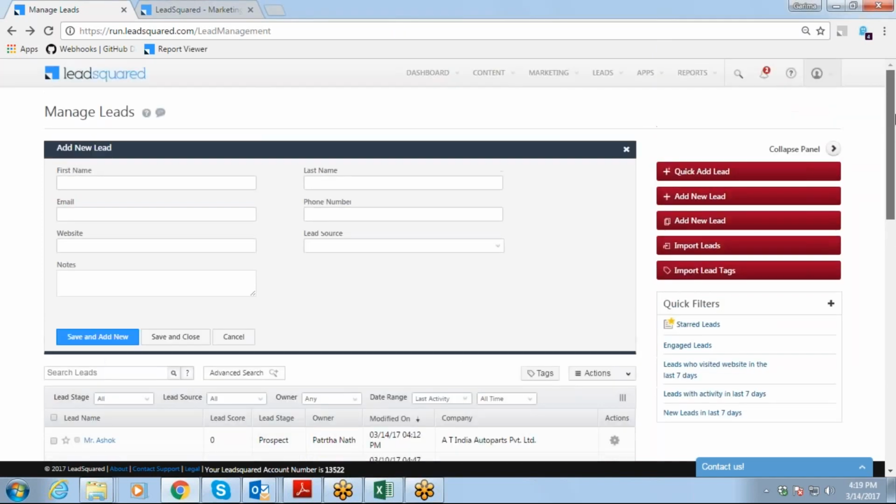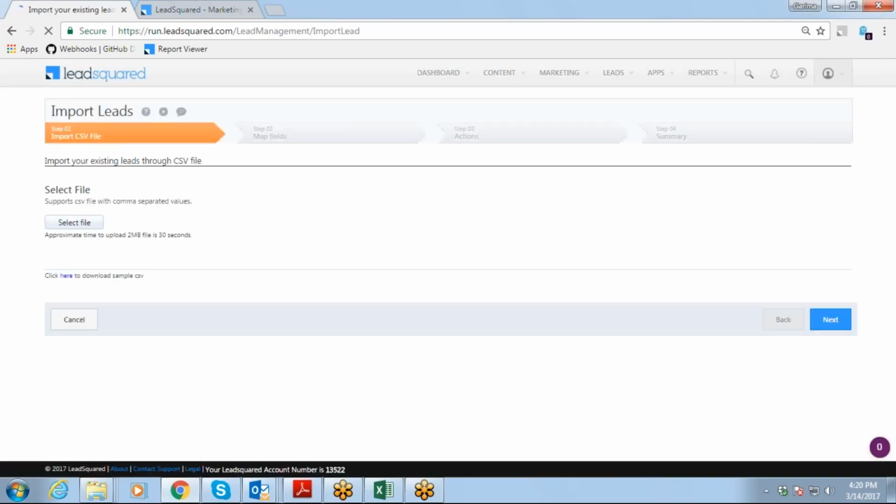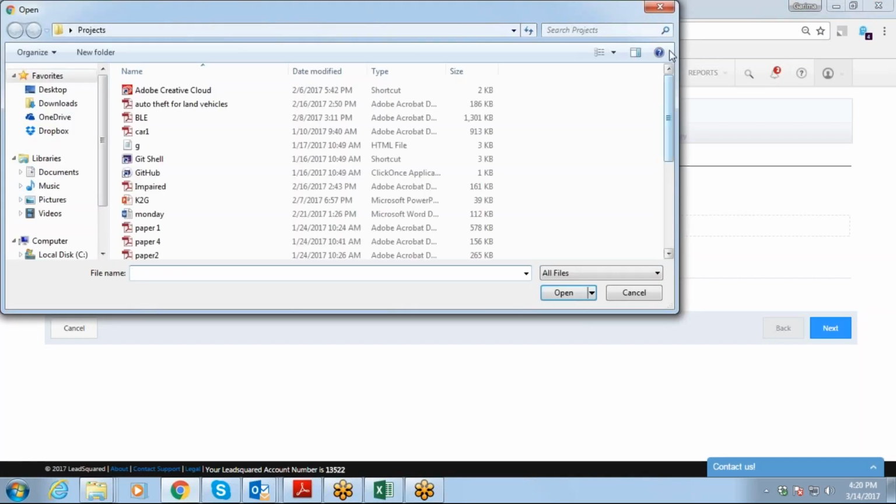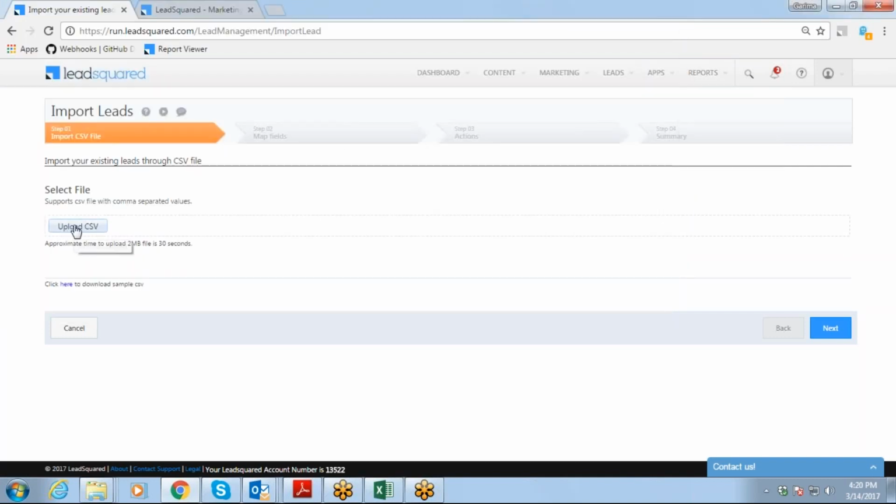See, this is the quick add lead form where you have some of the details of your lead and you can add all those details here, right? So next we move to this import leads option where you have added all your leads in your Excel sheets and you want to import all that data in LeadSquared, right? So there are some rules which must be followed whenever we use an Excel sheet. Initially, try to change the format to a CSV, comma separated value file so that you can upload to LeadSquared. In LeadSquared we accept only the CSV format, right?